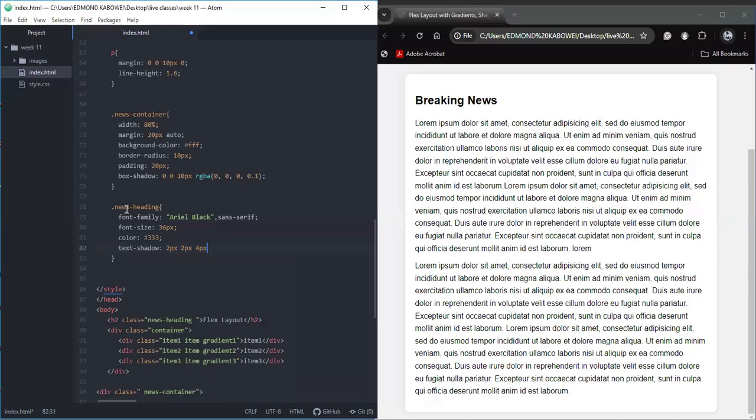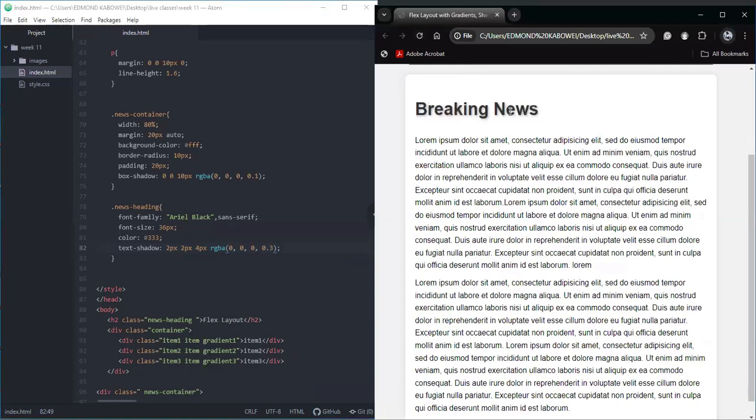The blur should be 4 px, and the color. So let's see how this displays. Yeah, now we have a well-designed breaking news heading,